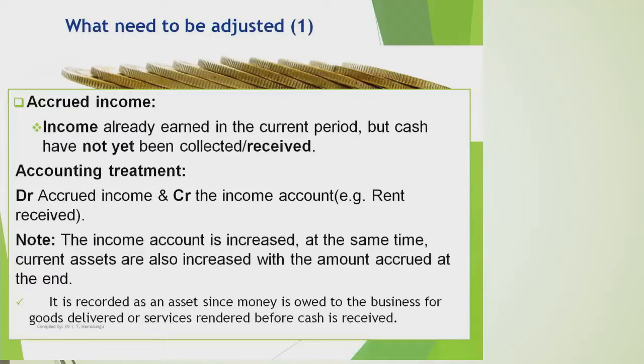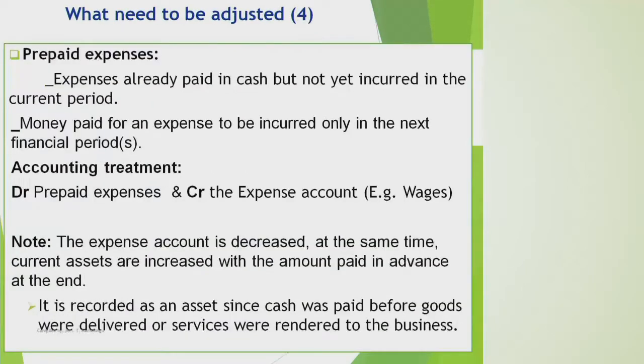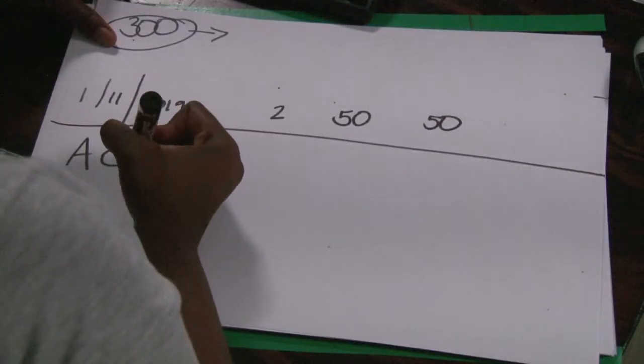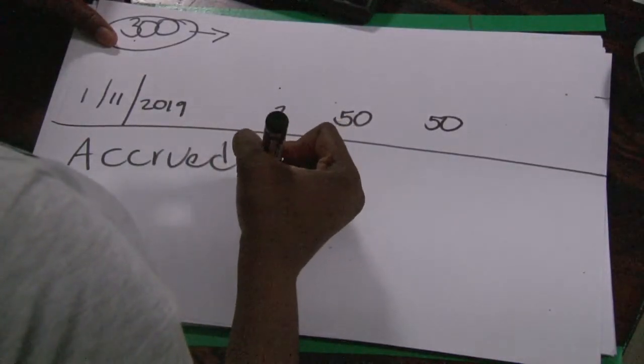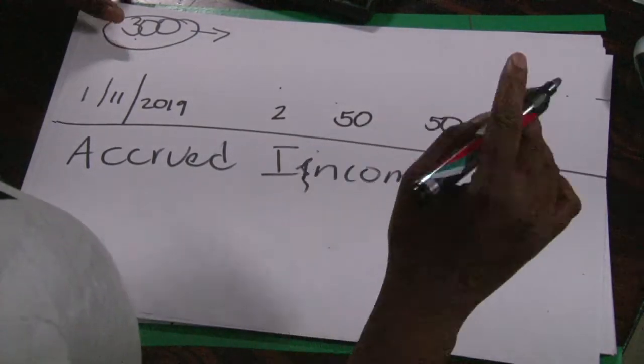Okay, now we are going to talk about adjustments. We are going to talk about adjustment 1, accrued income. What is an accrued income? Accrued income,